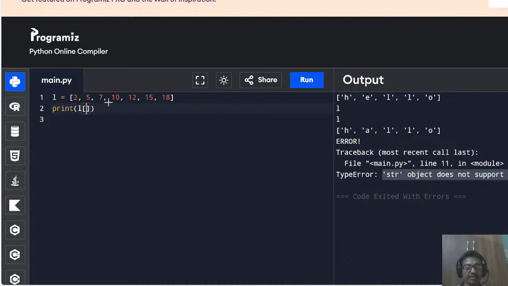If I say 2 colon, again there is a problem with the battery. So let me just